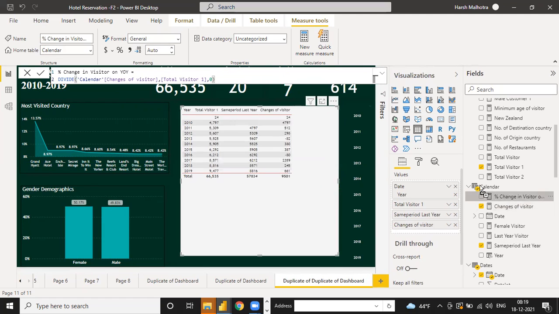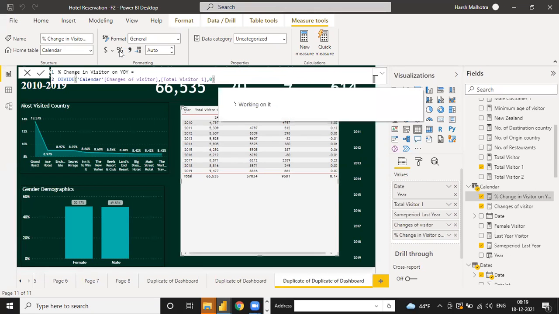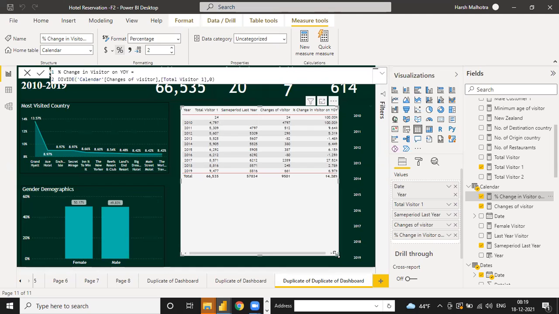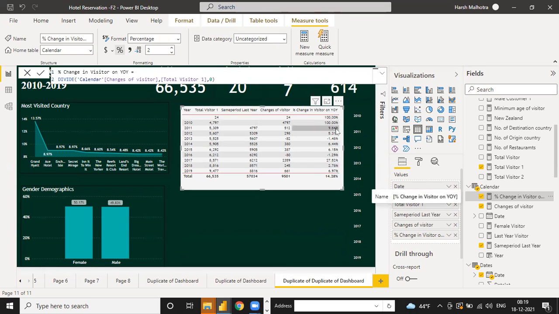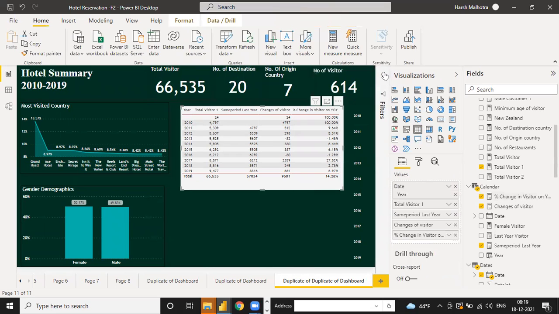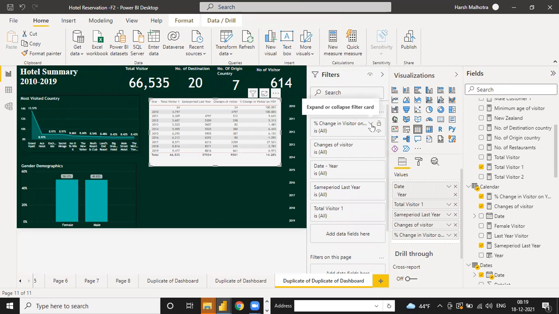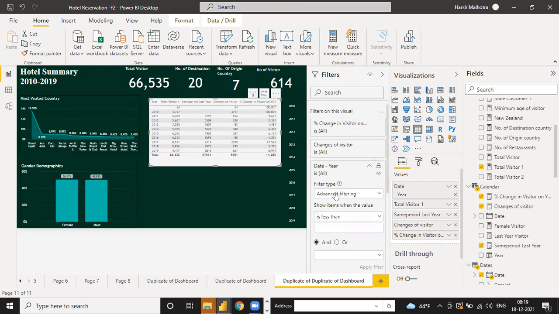This percentage should be used on a bar chart or graph chart or line chart. Now this is a percentage. Click on this, just use the percentage option. Now you can see the percentage. Here you can just remove 2009 and 10 because in 10 we don't need data for analyzing. So just click on the filter, select this condition, go to changes of visitor or year, basic. You can just select all and remove blank first.